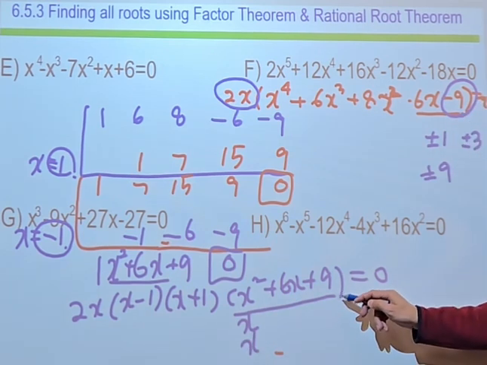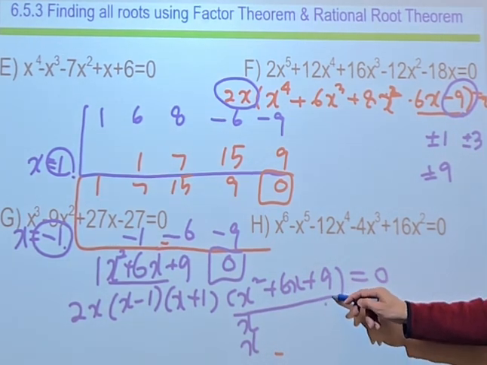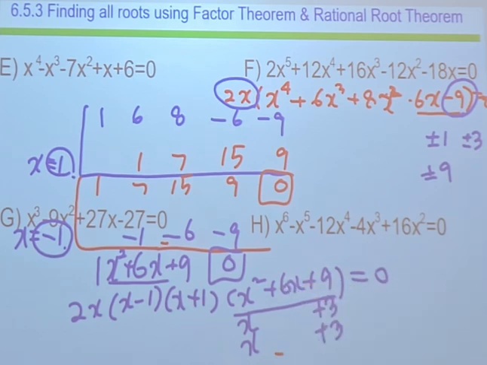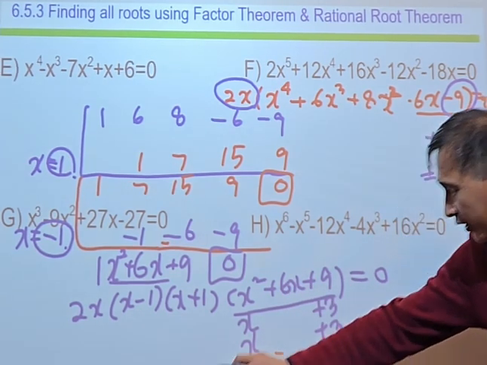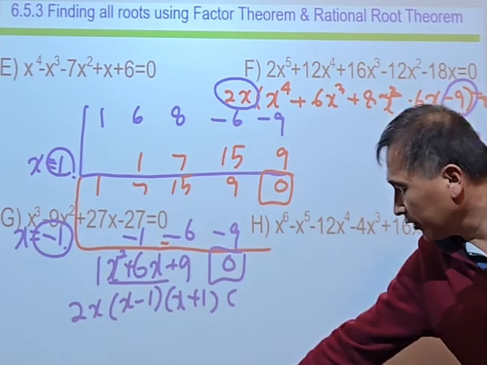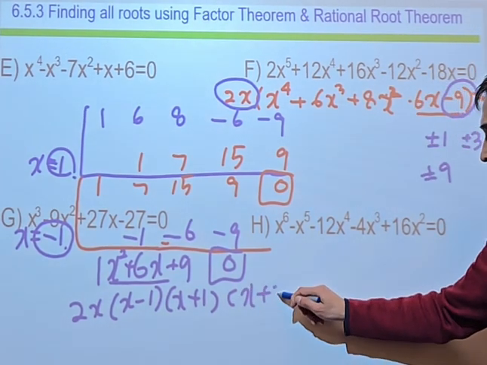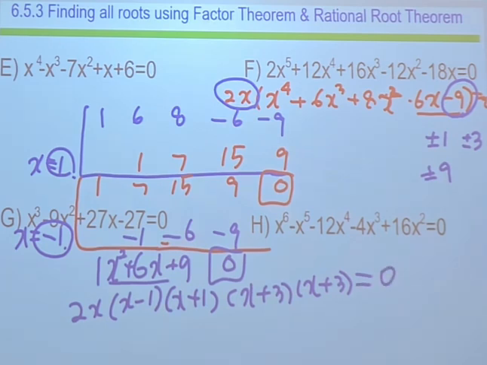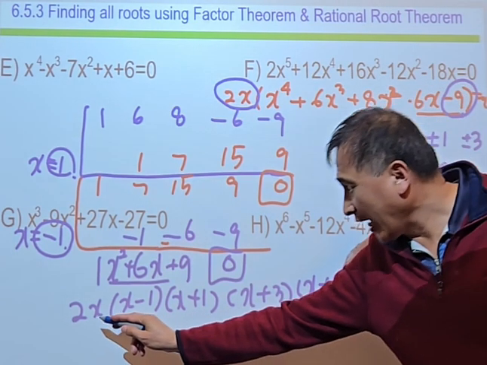x, we try that way. Factors of 9. Oh, 3 is going to be it. Product is plus 9, sum is plus 6, right? So this one I can factor: x plus 3 times x plus 3 equals 0. So, final answer, x value